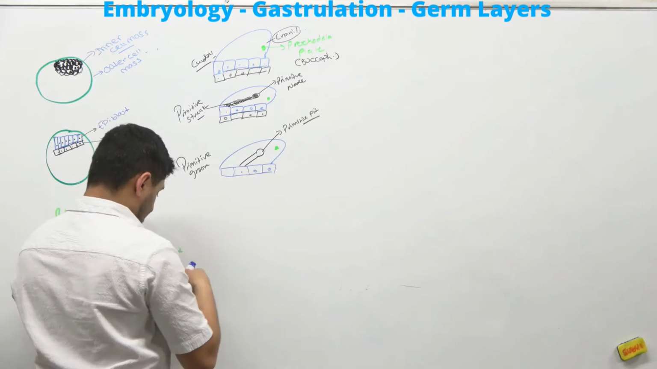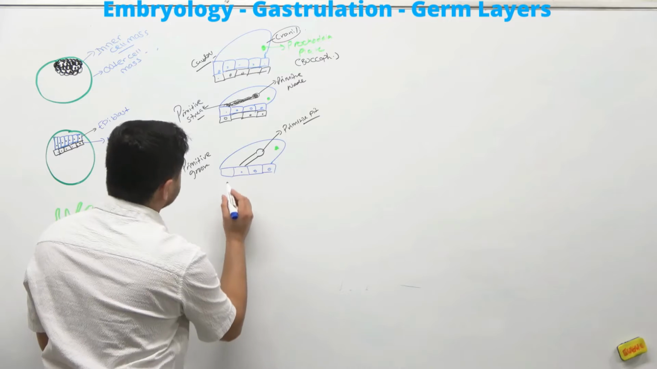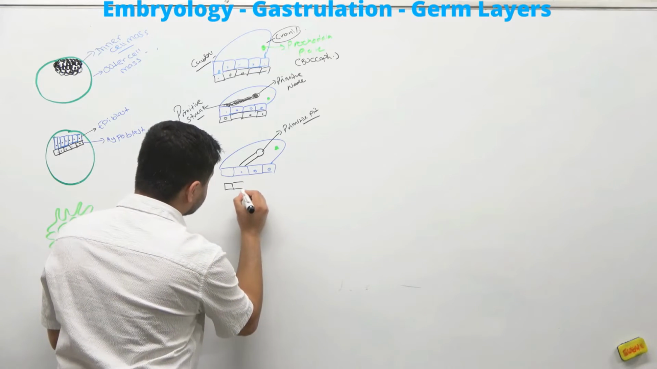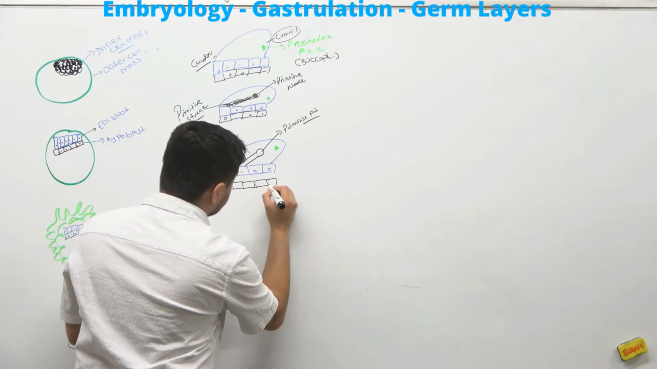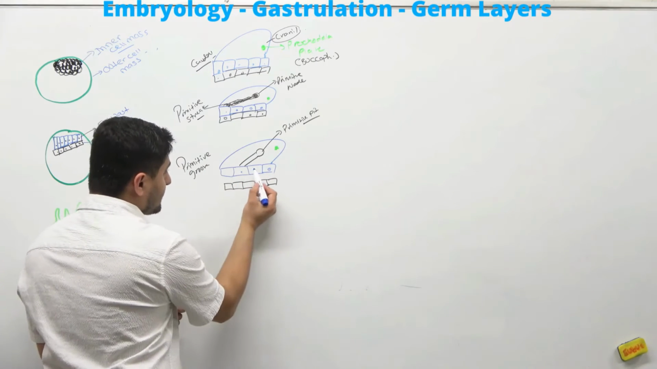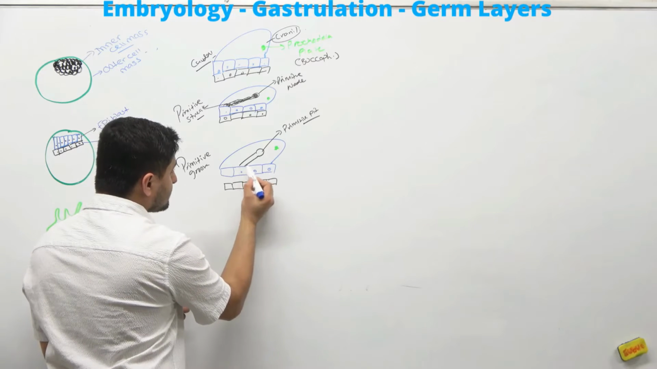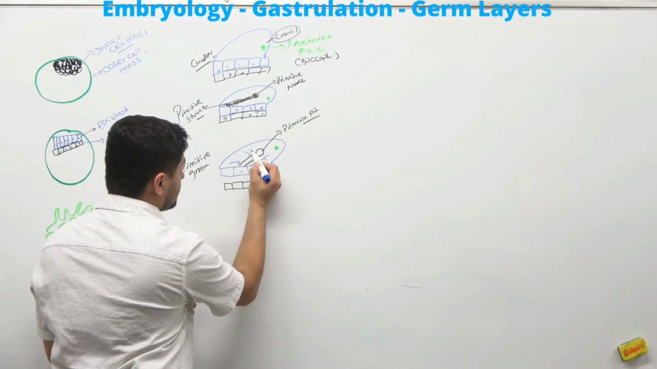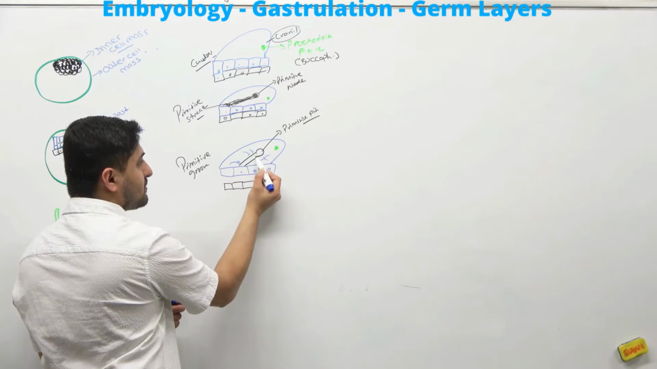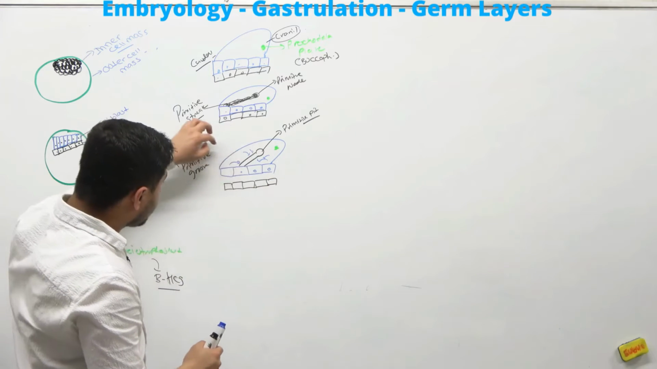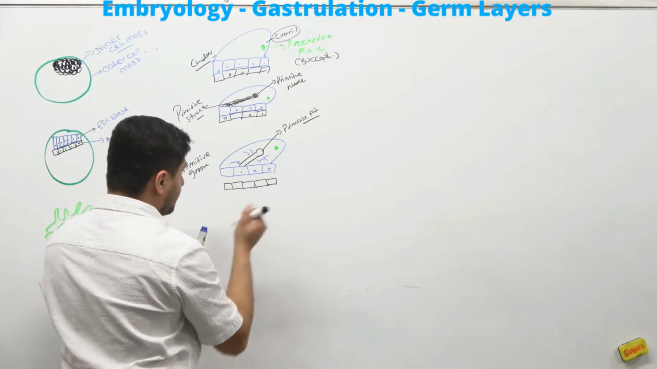But now, let's just say that, again, you have the cells in black, the hypoblast cells, like this. Now, what is going to happen is that the cells from all these epiblast cells start migrating towards the primitive groove. And as they start migrating to the primitive groove, what happens is the cells from right here,